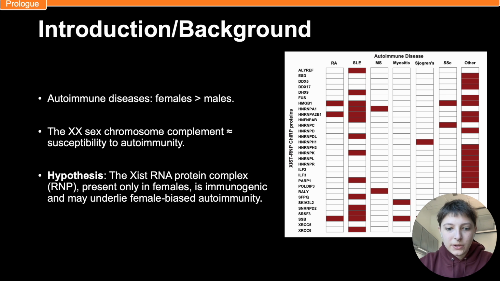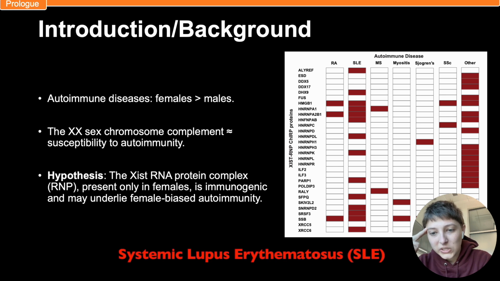Okay, so we know about X chromosome silencing. Xist is something that is specific to females. The reason why the authors are looking into this is because there's a huge sex disparity between males and females for a lot of different diseases. In autoimmune diseases specifically, you have a huge bias for females getting it and having more chronic illness compared to males. One of the most cited diseases is the systemic lupus